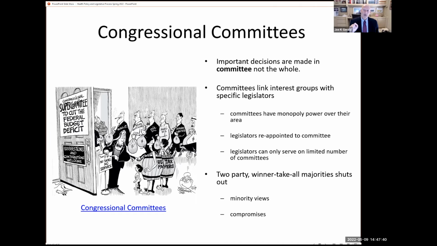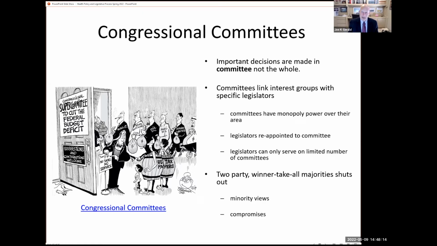What that allows to happen is that interest groups don't have to lobby all 100 of our senators, for example. Instead, if I'm an energy company, I only need to consider those senators who are on the committee that oversees my industry. I can safely ignore, or mostly ignore, all the other senators. But those senators that sit on the committee that oversees my industry, I'm going to have a close relationship with them. I'm going to think very carefully about my campaign donations.